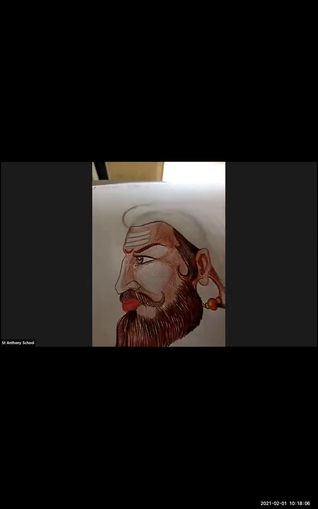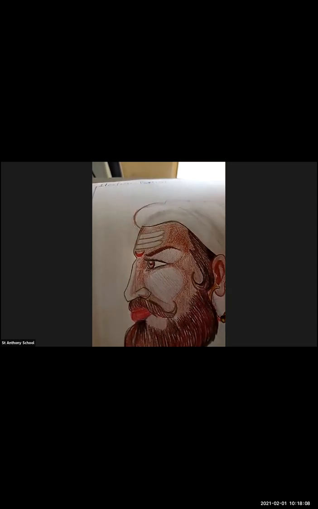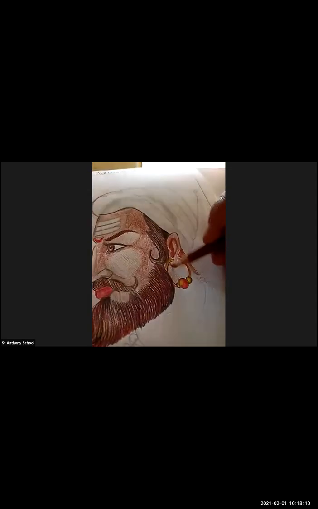Just look at this. Okay, coloring the neck.